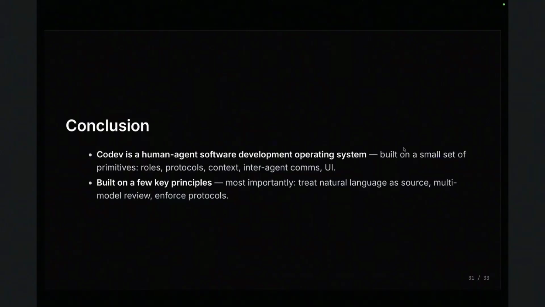In conclusion, Codev is a human-agent software development operating system. There's only a very small set of primitives that are available, but that's how we think of it. And it's built on a few key principles. And even if you don't want to use Codev, the three most important principles I would cite are these. You should